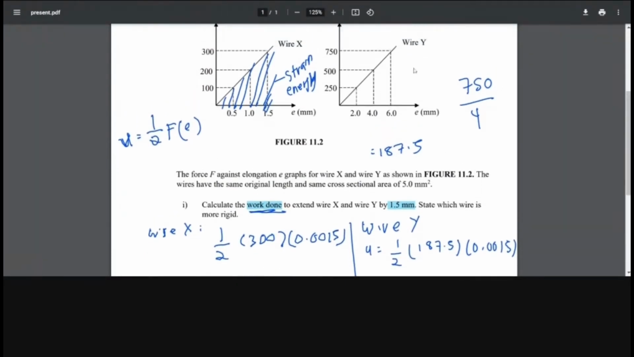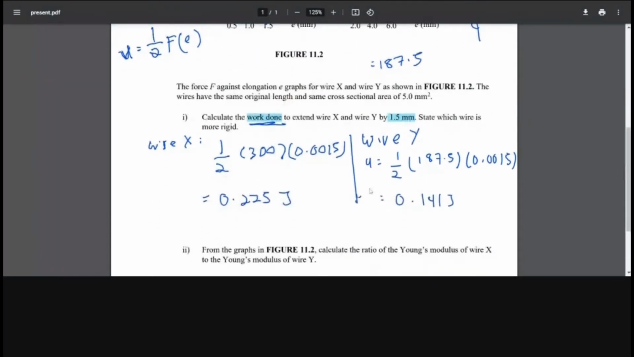So 750 ni saya tak tahu betul tak, tapi saya sedang kena bahagi 4 sebab 6 nak ke 1.5 kena bahagi 4, and then dia kan graf dia meningkat secara linear. So 750 over 4 akan dapat 187.5. Masukkan dekat dalam formula U equals 1/2 by 187.5 by 0.0015 dapat